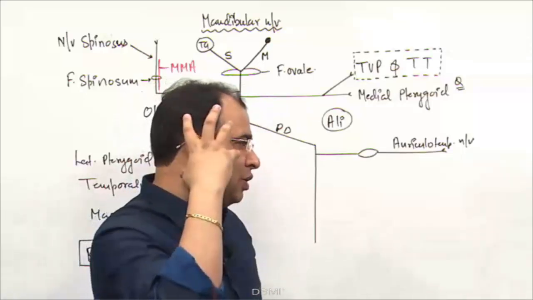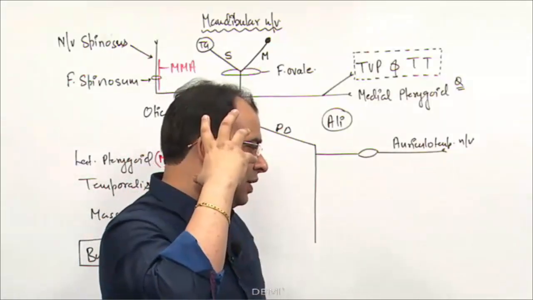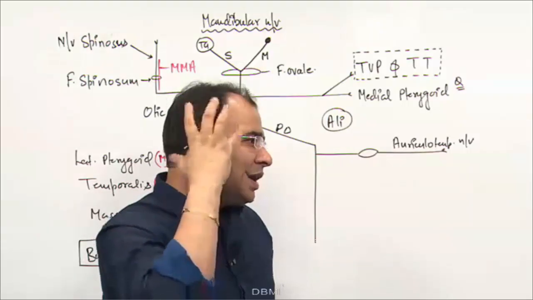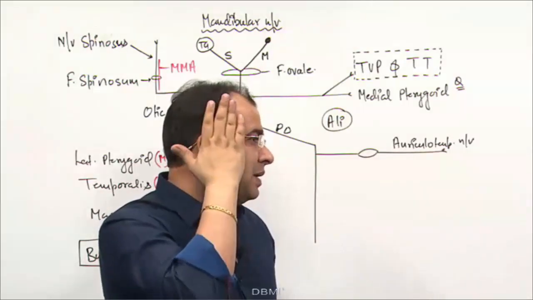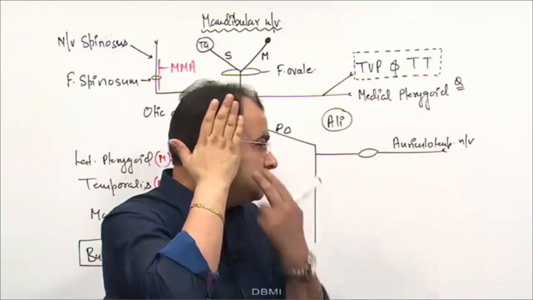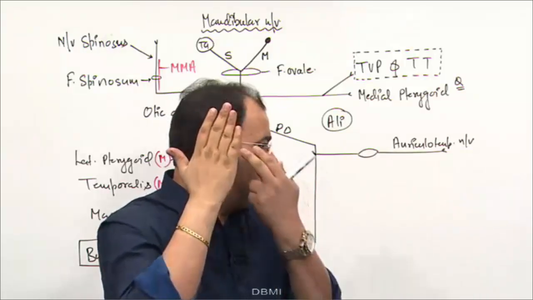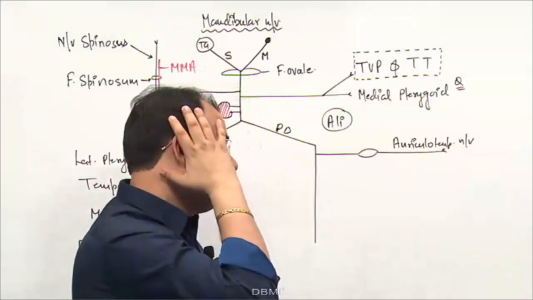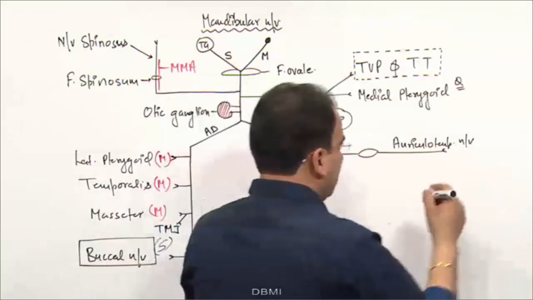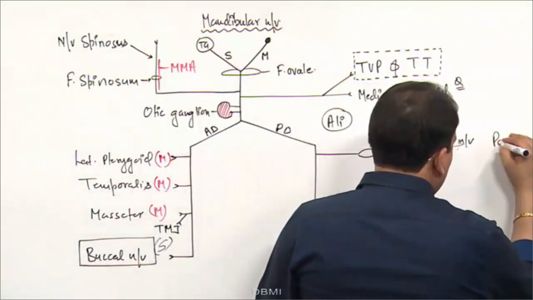Auriculotemporal nerve, guys, it supplies in this region. Obviously it supplies the skin of the auricle and temple region here, but apart from the skin, what other important structures are supplied by this? Now what is the gland we have here? The gland is the parotid gland, and what is the joint? The joint is TMJ. So you just think of this region when you say auriculotemporal. Apart from the skin, it supplies the parotid gland